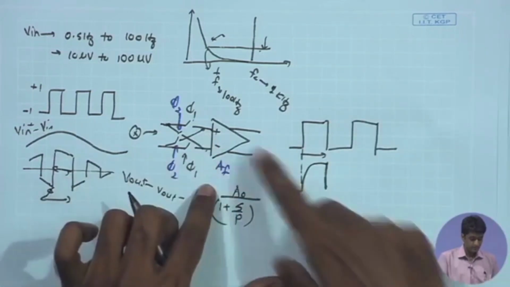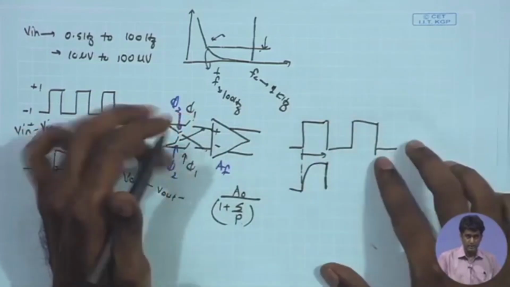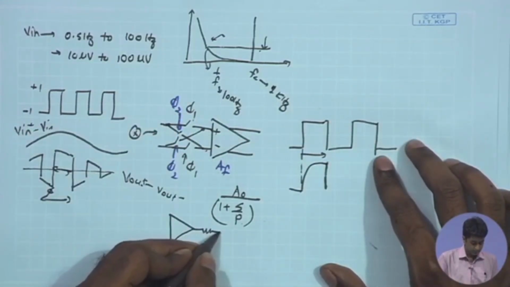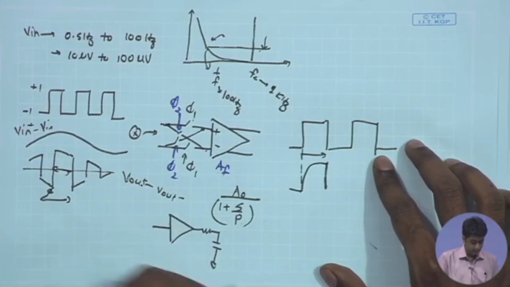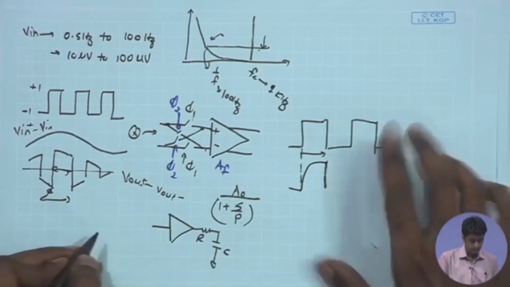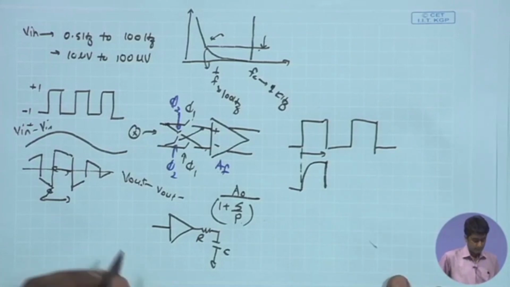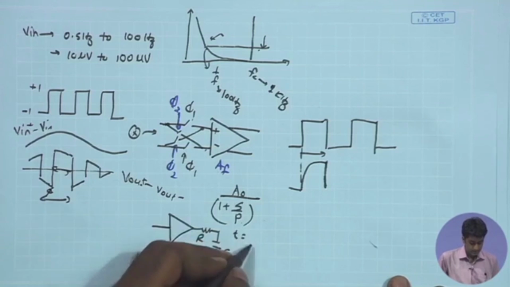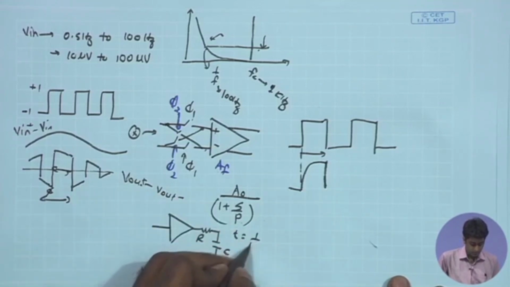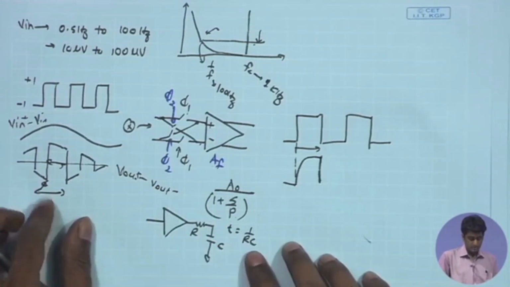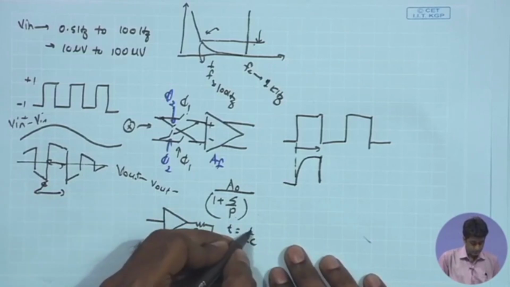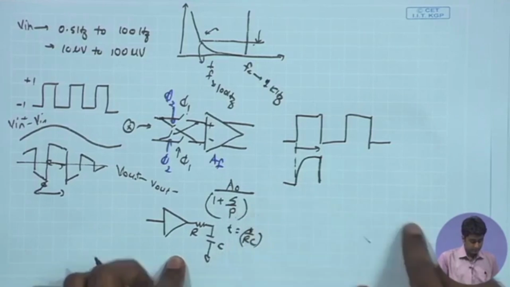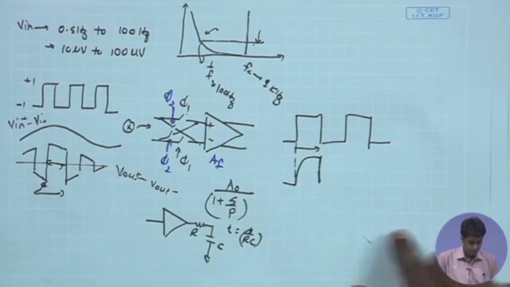So, I can represent this as an ideal amplifier with gain A followed by an RC low pass filter, where 1 upon RC equals p. And if I represent the time constant as 1 upon p or RC,